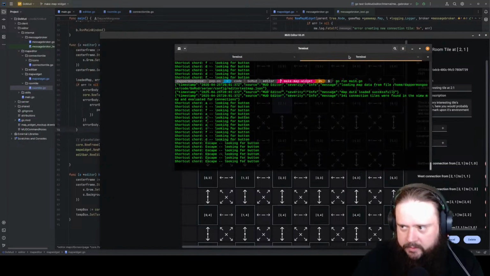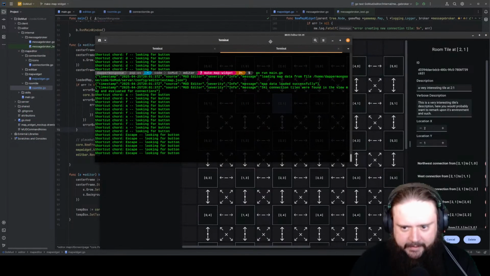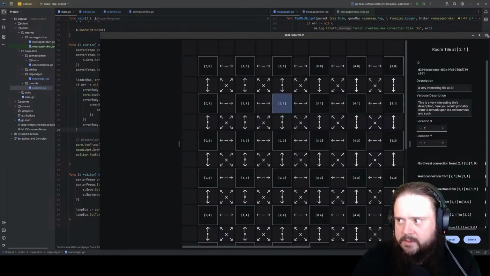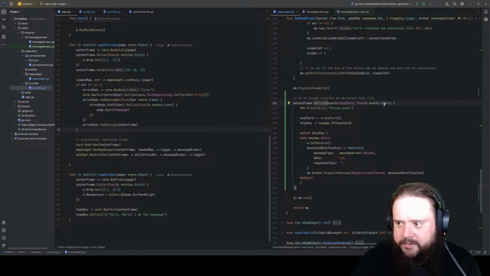Just shortcut chord looking for button. This feels like an ability. Like the frame doesn't have the ability to listen to these. That's bit me a number of times already. I think on final is truly what I do end up wanting, but